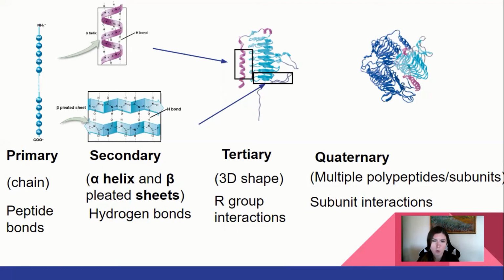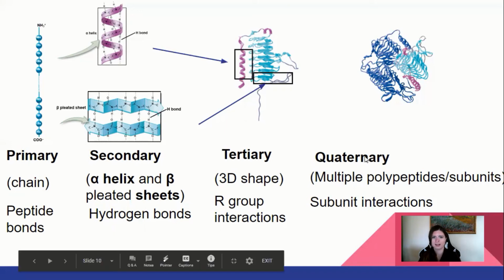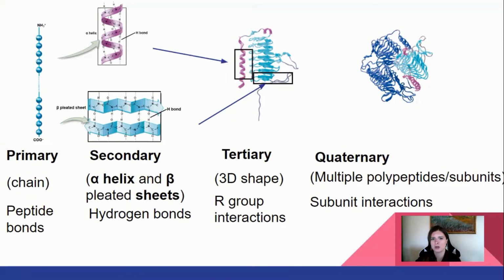They're going to be in a different order for every polypeptide. So that's why we can get so many different tertiary structures. Every different protein, every polypeptide, is going to crumple up slightly differently. And finally, our quaternary structure also depends on those R groups, but specifically, it's going to depend on